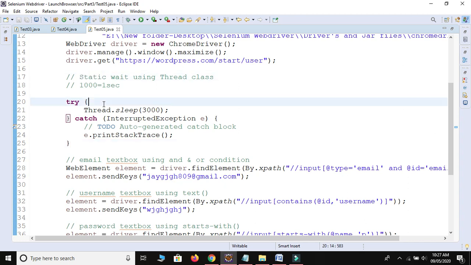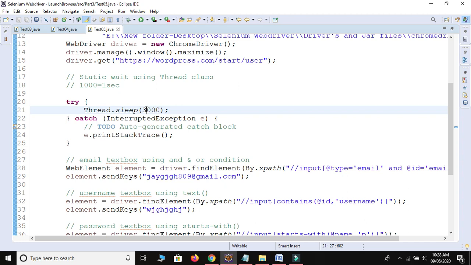If you provide 10 seconds as a wait, and your web page is loaded in just 3 seconds, the remaining 7 seconds will not be ignored.